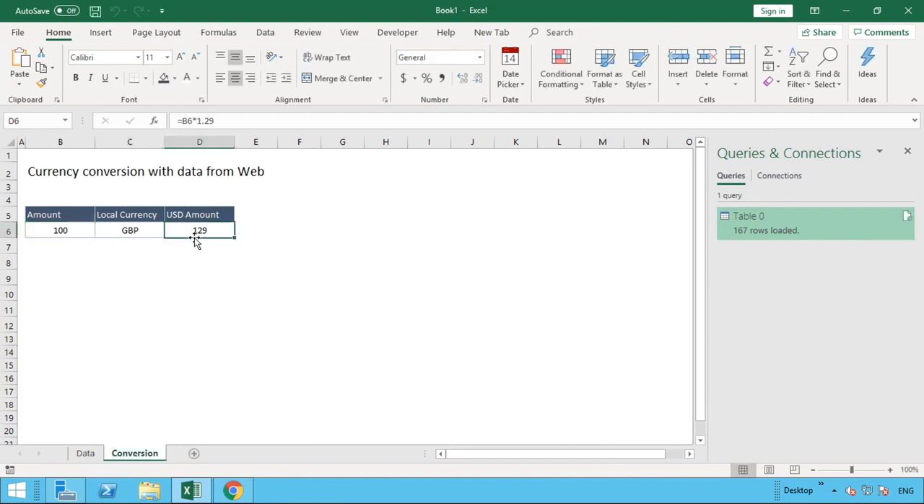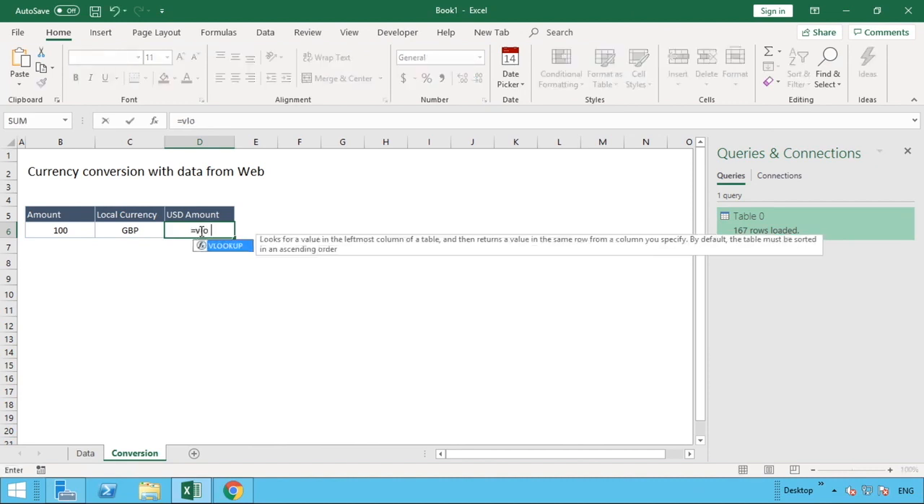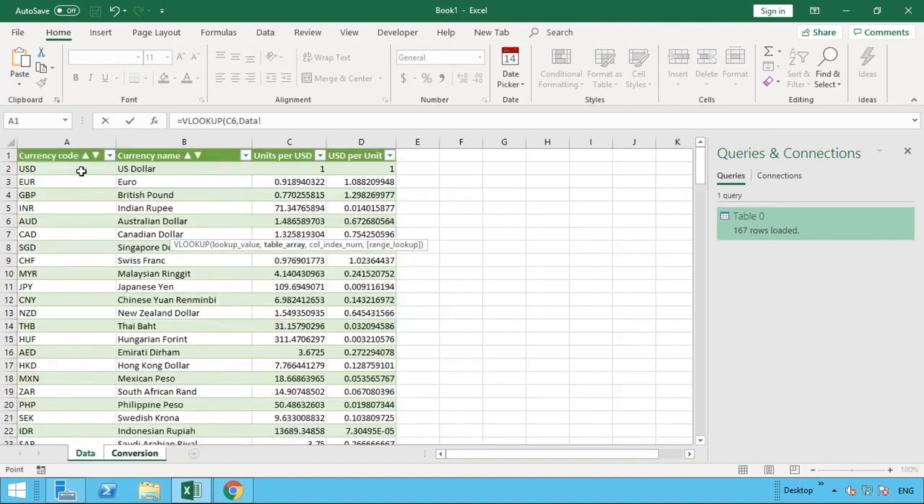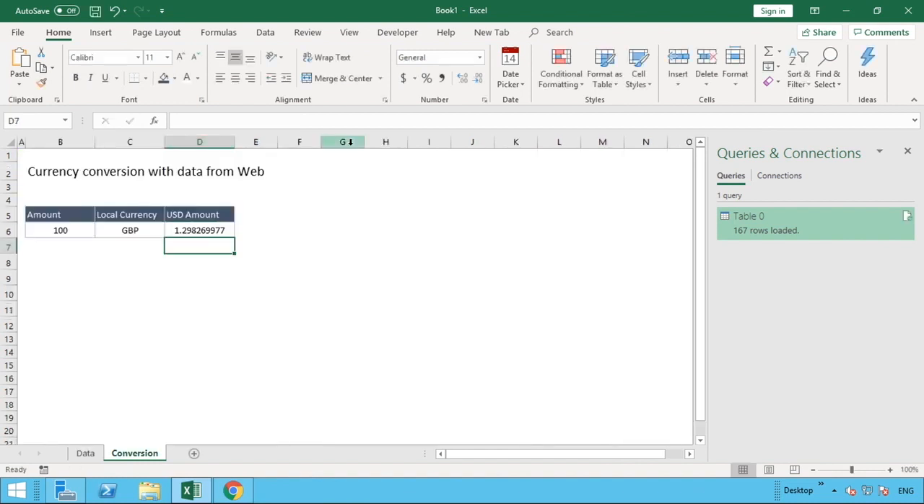rather than having to do this manually, all I now need to do is go a little VLOOKUP. So let's do VLOOKUP. I want to look for that currency, and I want to look in my data table, and you can see GBP is in there in row 4. And because I'm converting to $, I just want to get this last one here, so column D. So I need to get the value from the 4th column,